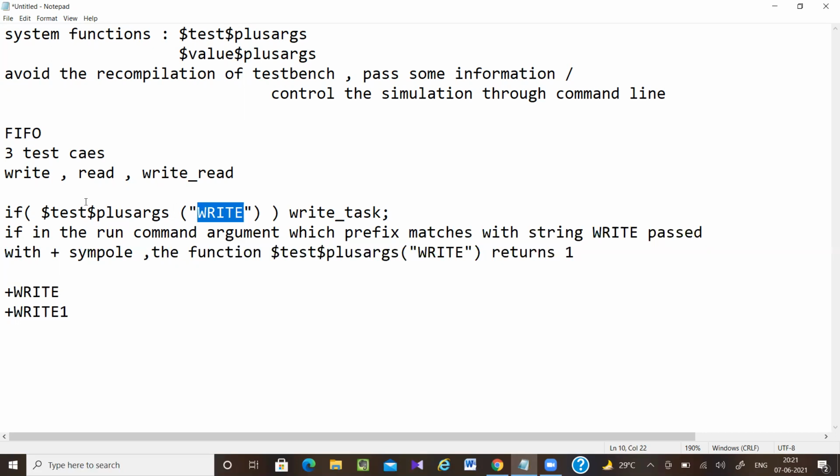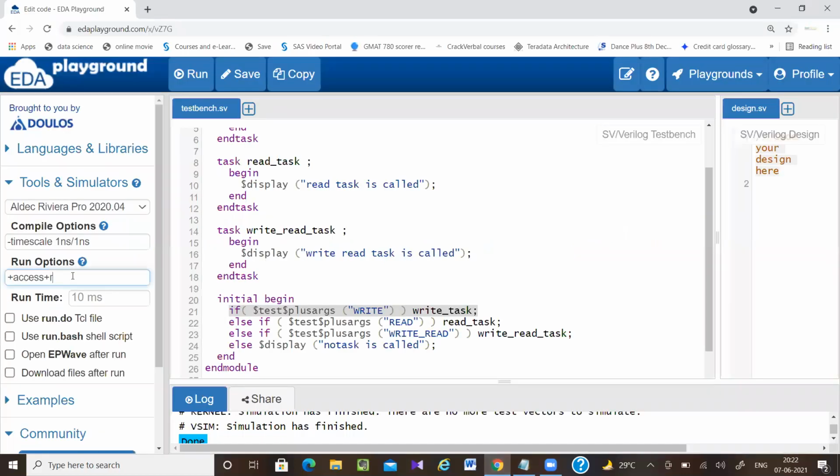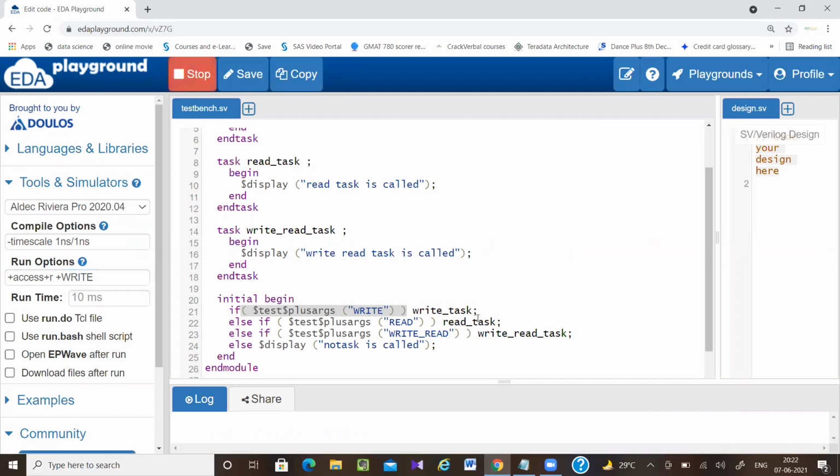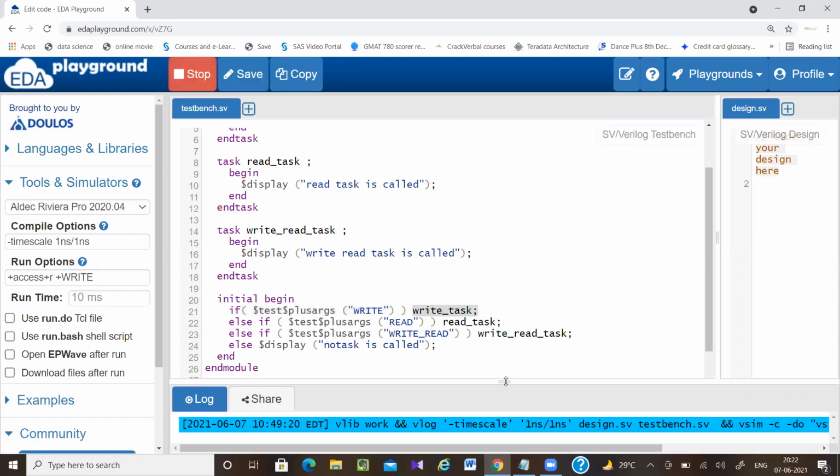If it returns 1, this part will get executed. If it is not matched, it will return 0. Now I am passing plus write, so this will return 1, which means the write task will be called.